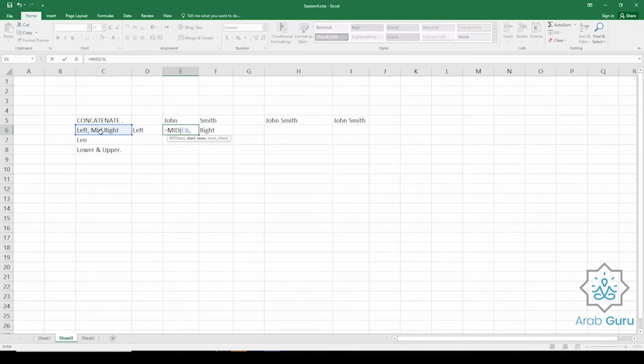So number of characters are 3, but starting from, let's count, these are 4, comma, this is 5, 6, starting the 7th character, and with a length of 3 characters. This will give me the mid. Okay, again for this, mid,